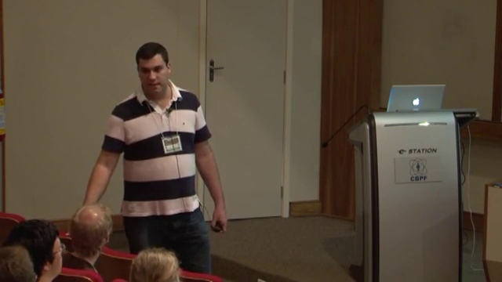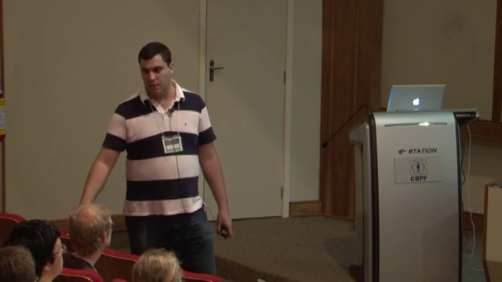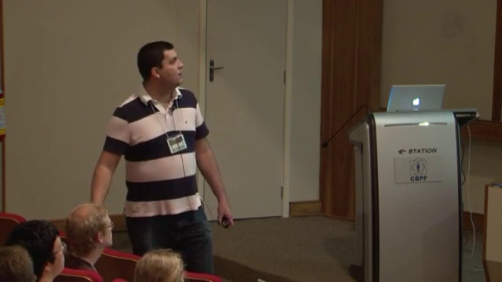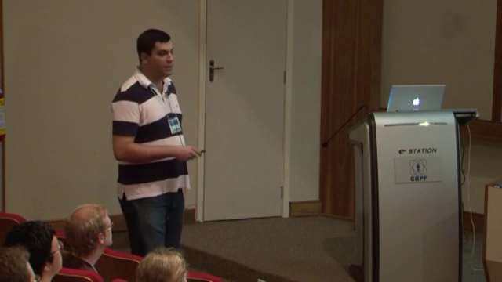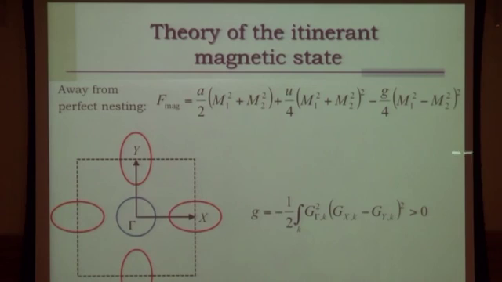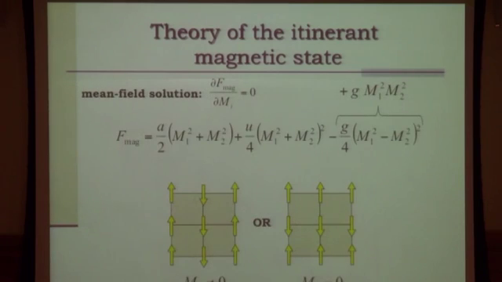Yeah, that's the first candidate, right? Why am I doing perfect nesting? This is not perfect nesting. So I'll follow your suggestion and go away from perfect nesting, very quickly here. Then you'll find a new term appear in your free energy, which makes a distinction between M1 and M2. This G here, it doesn't matter what the value is, all you need to know is that it is positive. Why is it important? Suppose that I minimize this energy, you don't need to do any calculation. This term here does not differentiate between M1 and M2, so you can forget about it.